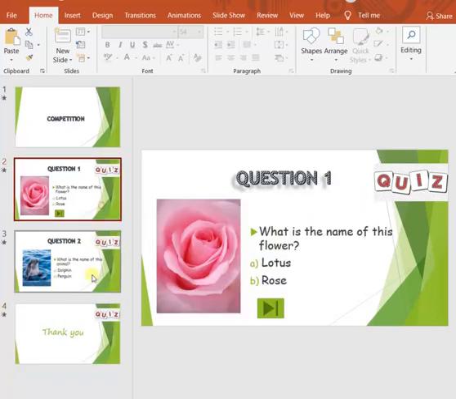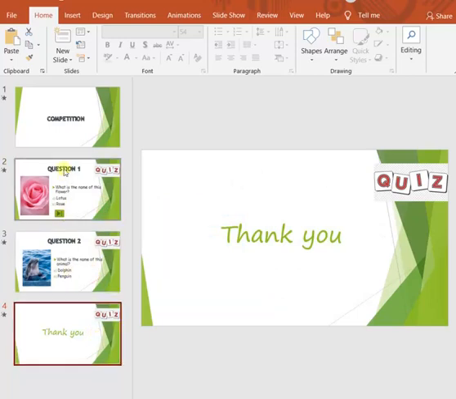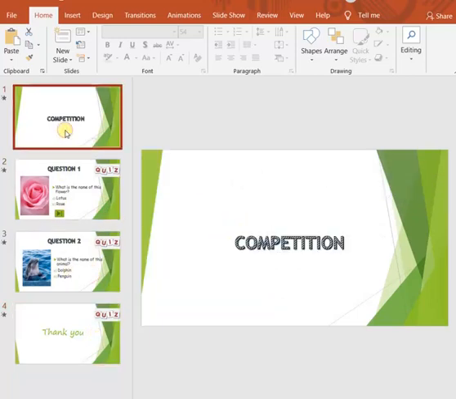So only slides 2, 3 and 4 are affected, but slide number 1 is not affected because we have not changed any layout for slide number 1. So if I want to make any change to slide number 1, then we have to select that layout which has been used by slide number 1. So again we will go to